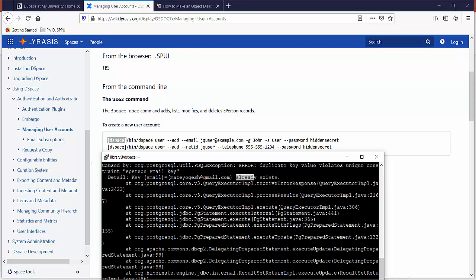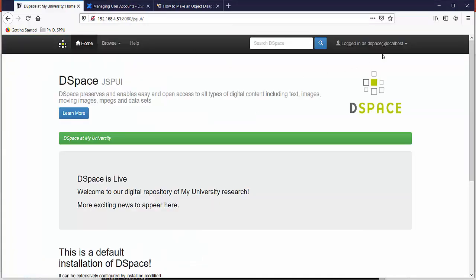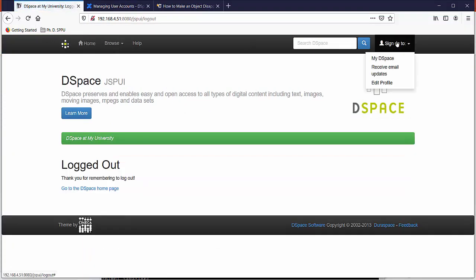Already exists. I have already created the account. Otherwise it will show you an ePerson created message. Okay, let's go back to the DSpace repository. Let's log out from the admin account. Let's sign into my DSpace by using the newly created account.